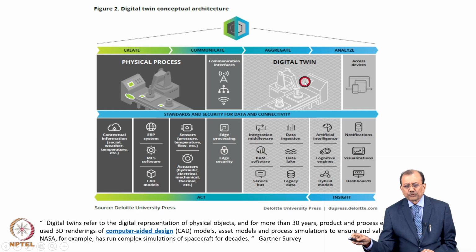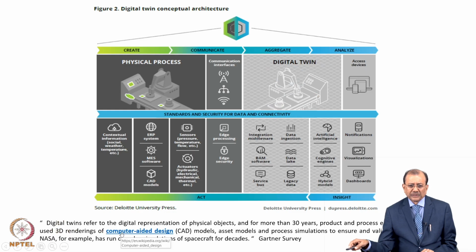Basically, the digital twin is integrated with a large number of backend systems, and data ingestion is happening from these systems into the digital twin. Whatever data and information the digital twin needs is available on the backend systems, so that the digital twin can do the desired function. That is what is important to understand.